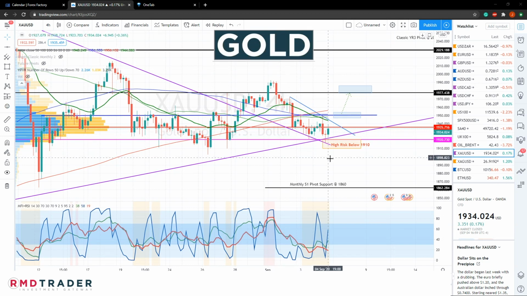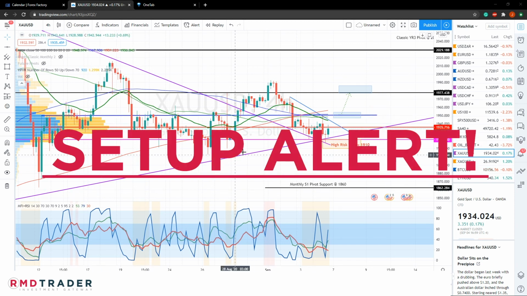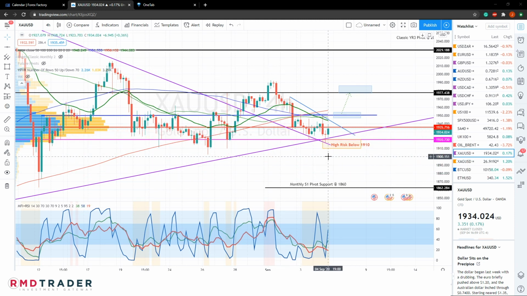Gold is starting to trade on dangerous territory with the area between 1910 and 1920, the crucial last line and last level of support for gold. As we can see, we have this major diagonal support area as well on this level. So at this stage, I believe consolidation between the area of 1920 and 1950 is a very distinct possibility, with any close and any bullish price action above the 1950 level